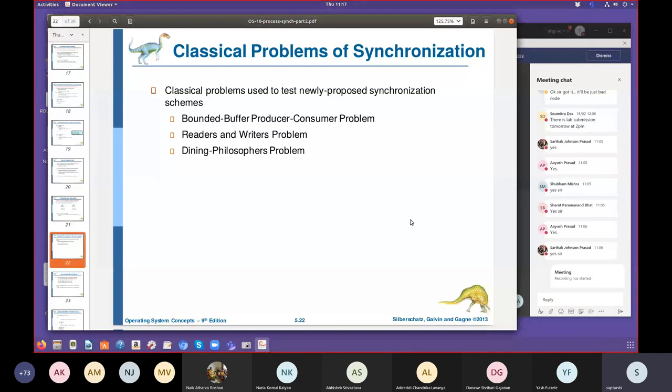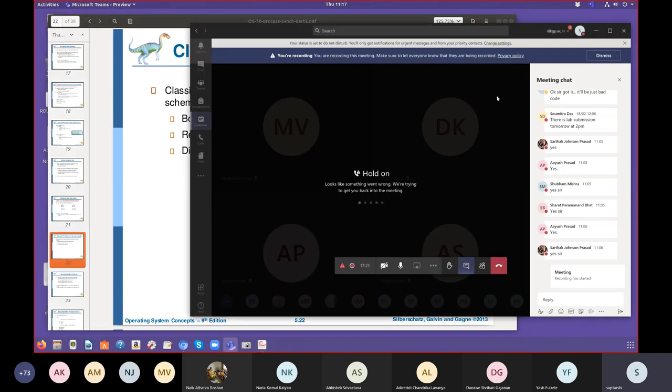This can even happen to hardware. Like nowadays, new processors come up, new GPUs come up. So there are these benchmark tasks where every GPU has to prove its performance. Right. So here these are some classical problems of synchronization where any new mechanism for synchronization or okay, I'm hearing